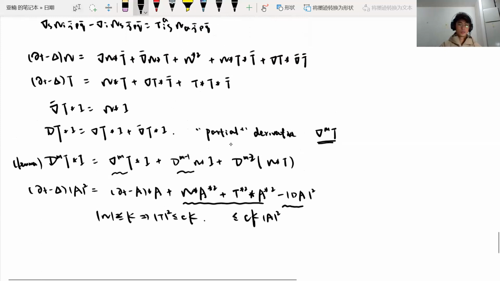Here, using this lemma, we know that if we estimate the gradient of T, the most important term is this term, because it will appear under the gradient of T. The estimate of the bounds of the gradient of T is given by the evolution equation of T squared. So